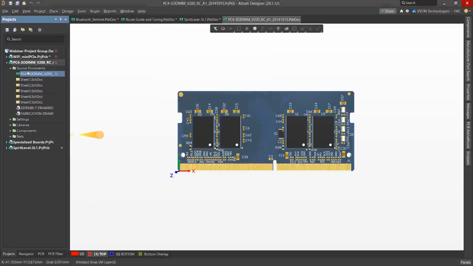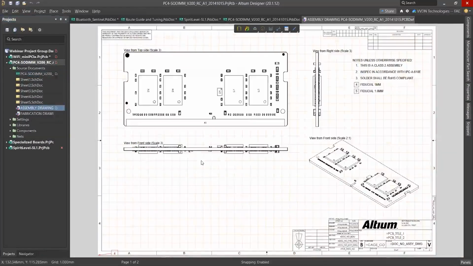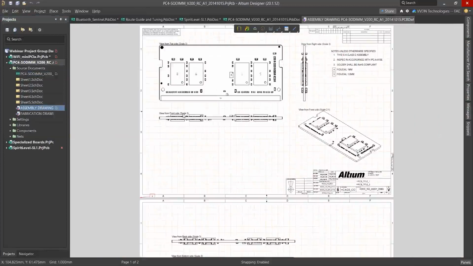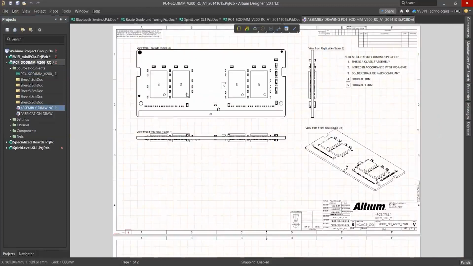Right? So here you can see, for example, I have already created assembly drawings. Under this assembly drawing, we have added our board assembly view from the top side.